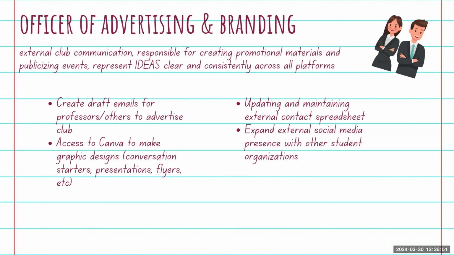And then another important piece of advertising and branding is working with all the other officers to figure out what kind of graphic they want. When you're in your officer meetings and you hear them talking about events that they want to do, it's kind of on you to parse them with questions and ask, okay, what kind of stuff do we want to do? What kind of message do we want to convey in the graphic? Do we want to say we're doing this? Do we want to say we're doing that?